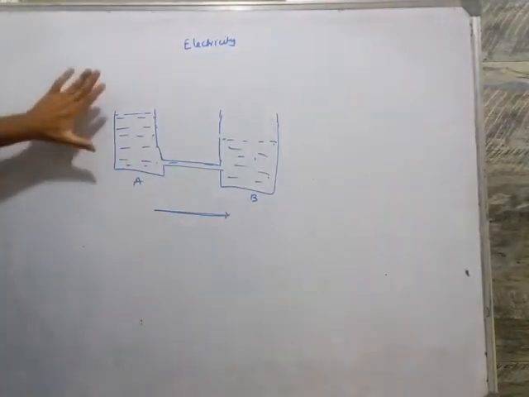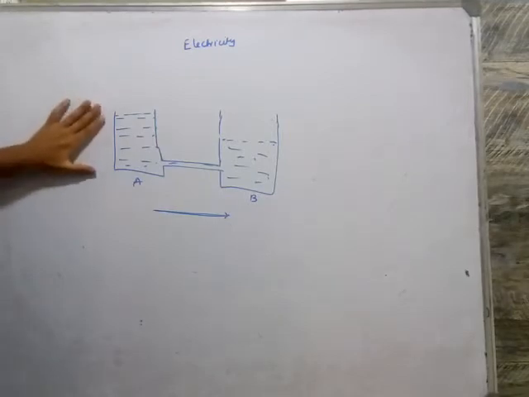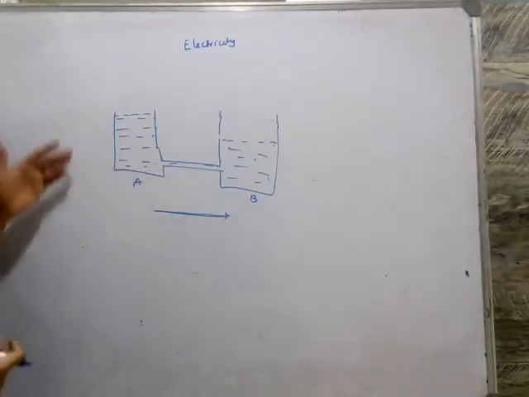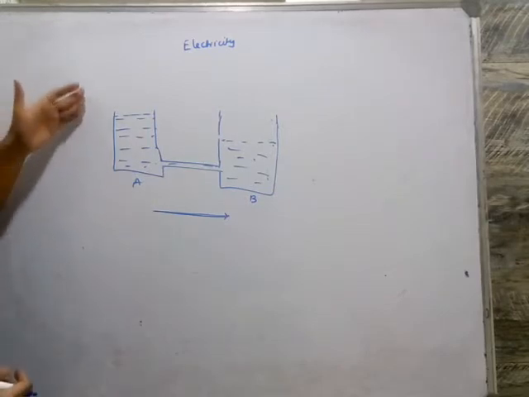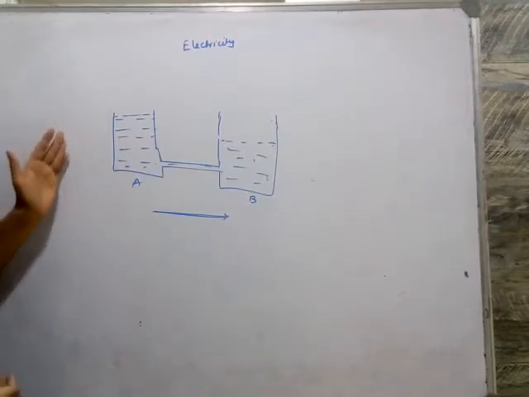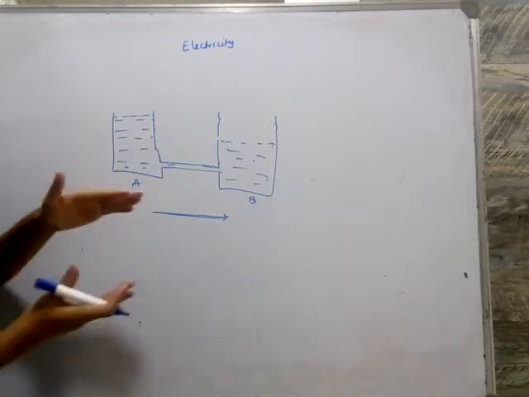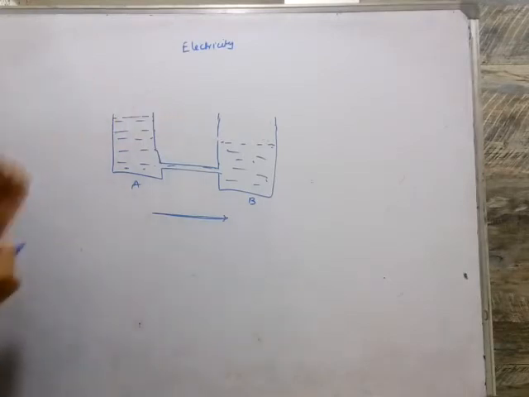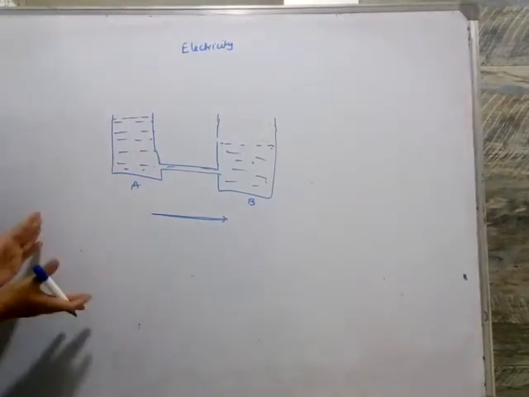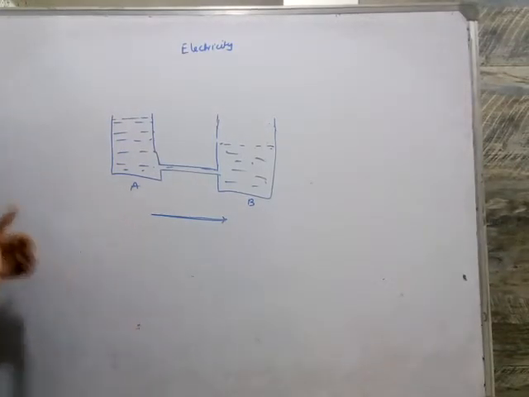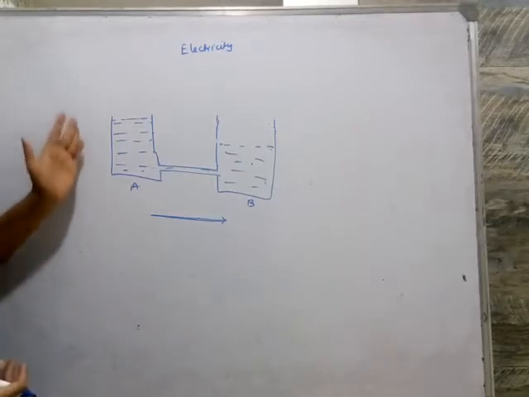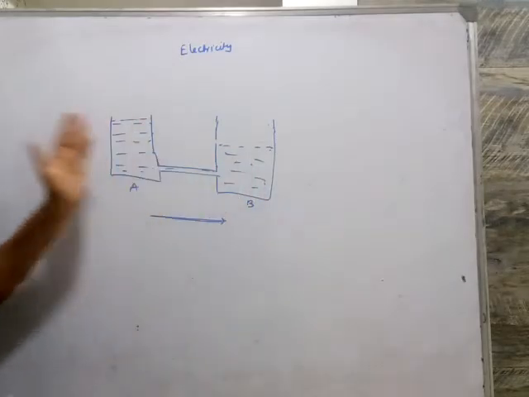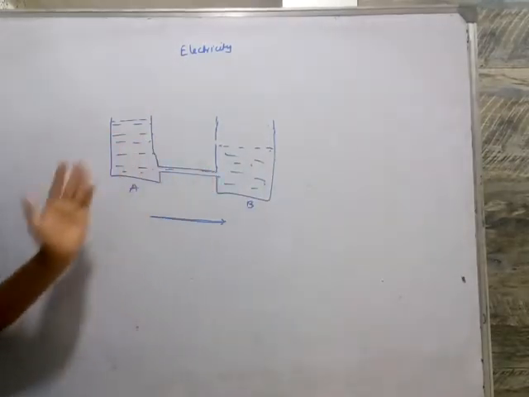Why? Because there is a pressure difference. Now what is pressure difference? As we can see, the height of the water level is more in tank A, so there is more pressure there. If you keep 10 books and if you take 5 books, which will have more pressure? The first case, the 10 books, will have more pressure. Similarly in tank A, the pressure is more, so the water will move from tank A to tank B. So we have created a pressure difference.